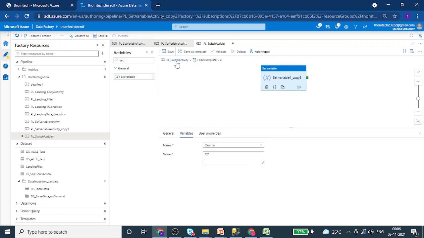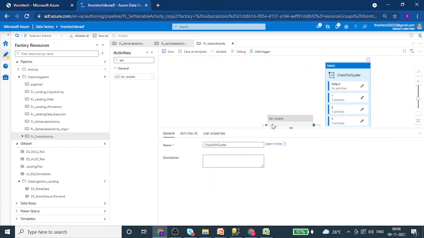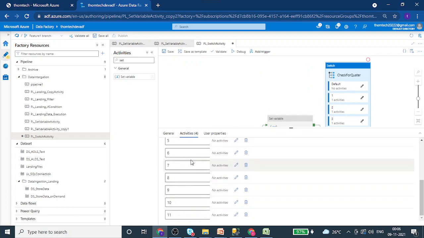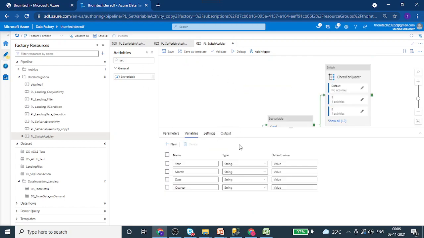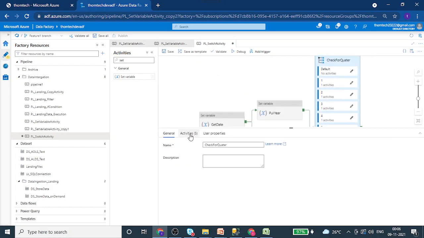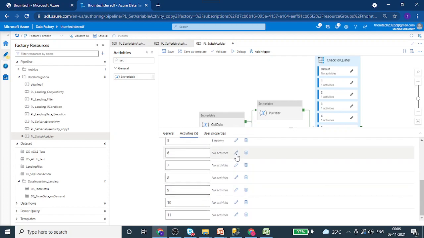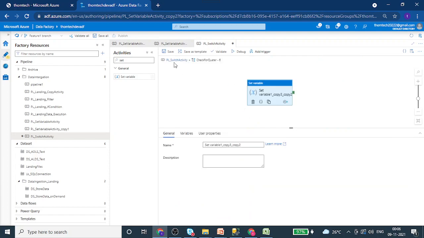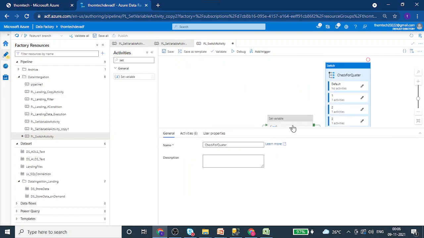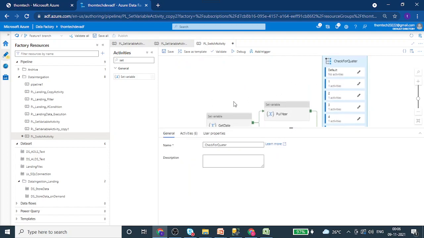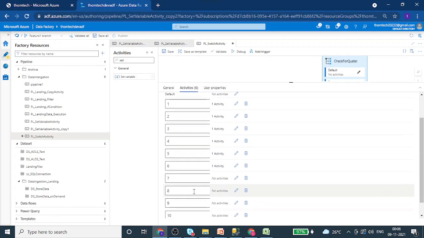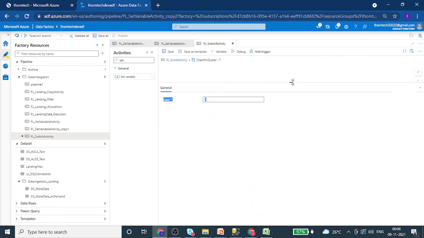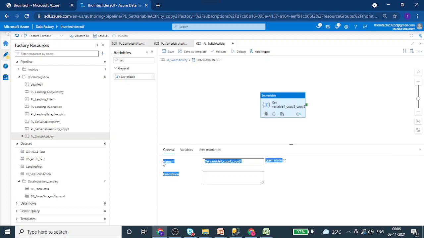Now copy this one, go back, go to the activity, 5th activity, paste it here, go to the 6th activity, paste it here, now let's go to the 7th activity and let's paste it over here, but now this time it is going to be Q3.